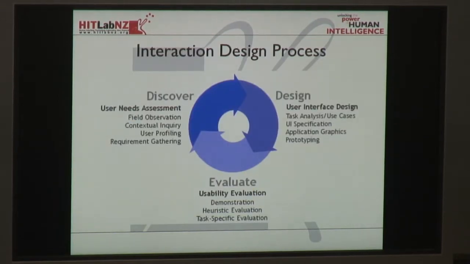And then I briefly introduced the interaction design process that involves these 3 steps. Oftentimes when you read about interaction design, you'll see cycles similar to this. They may involve fewer or more steps, but they generally involve these 3 areas. One is the discovery of the user needs. Secondly is to design around those needs and do some prototyping. And thirdly, to evaluate the design, and then just keep on doing that over and over again until eventually your product pops out.